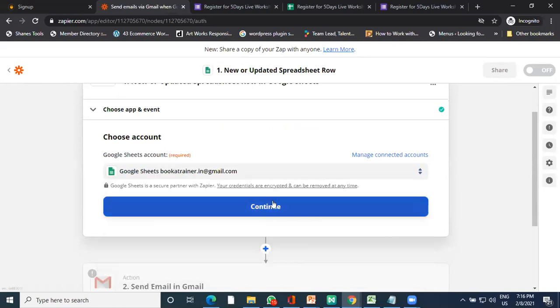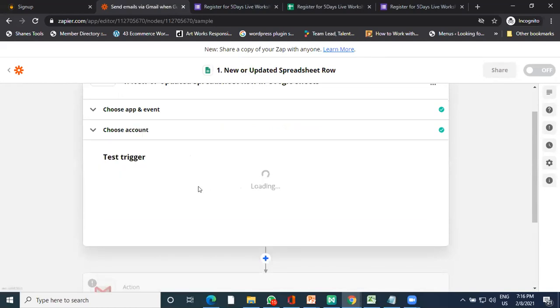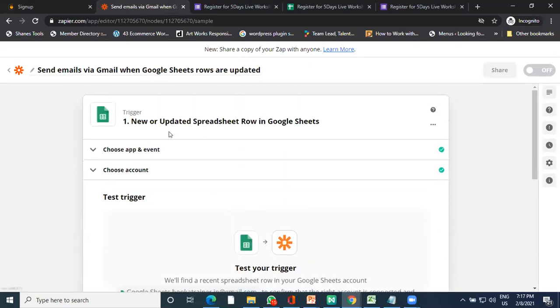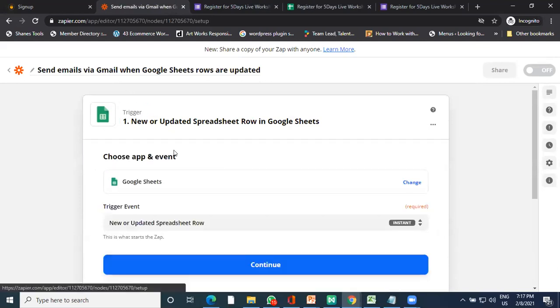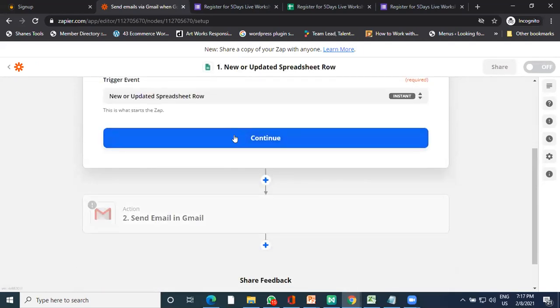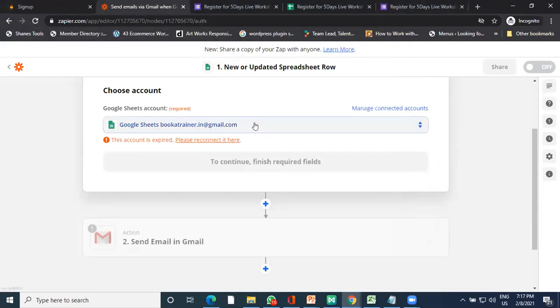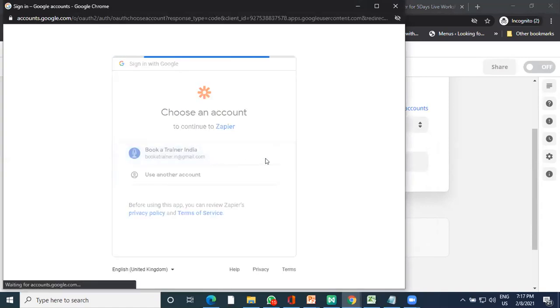Choose an account, so the account is done. Okay, now see, go with the flow. What you just need to do is when you click on your Google form, it will ask you to sign up with that account. Once you do that, just keep continuing. It will ask you to show the forms which you have created. Just give me a moment. Why is it not showing? Okay, I need to sign in again.